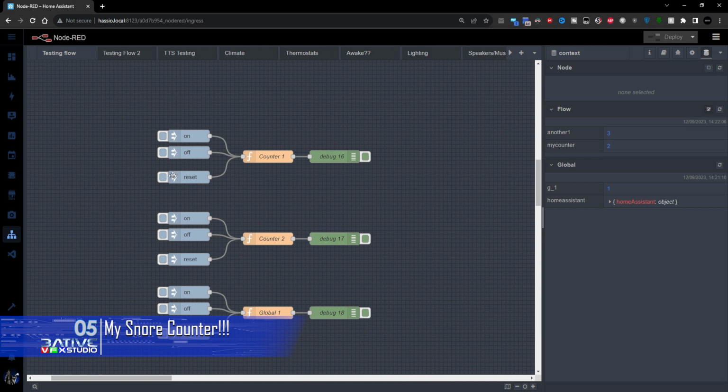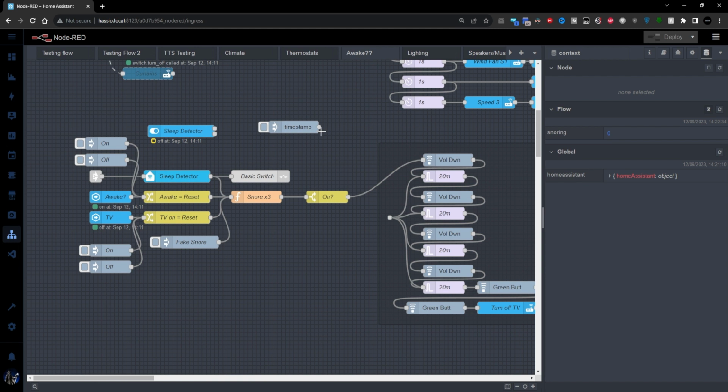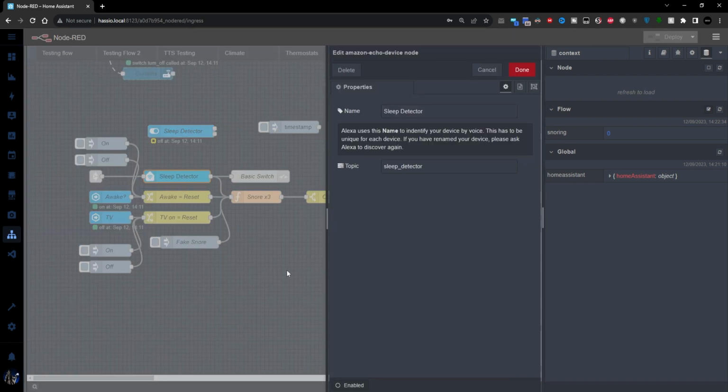Let me show you a practical use that I have for this. So I'm going to clear these out just to keep everything tidy. So delete those variables. Now I've got various states in my Home Assistant for when I'm awake and asleep, and I have a flow for that. One of the functions in this tab, or flow, is to detect when I'm asleep. There's an Amazon Echo device next to my bed. I've set up a function in Alexa that listens out for when I'm snoring. I've got a routine set up, so when it hears snoring, basically the routine turns on this, what it thinks is a light that I've called sleep detector.